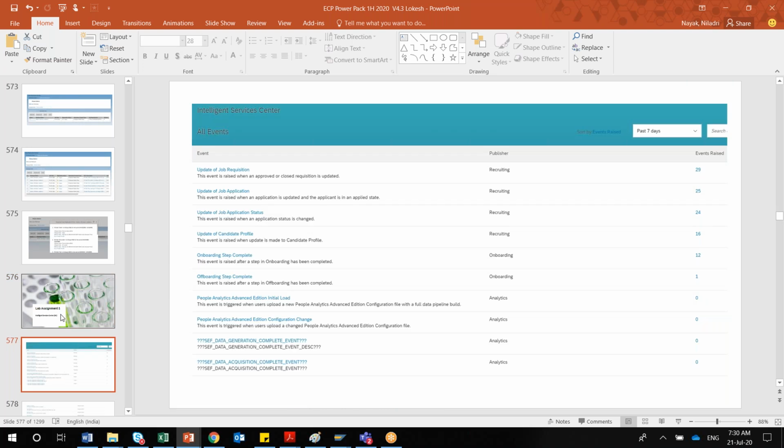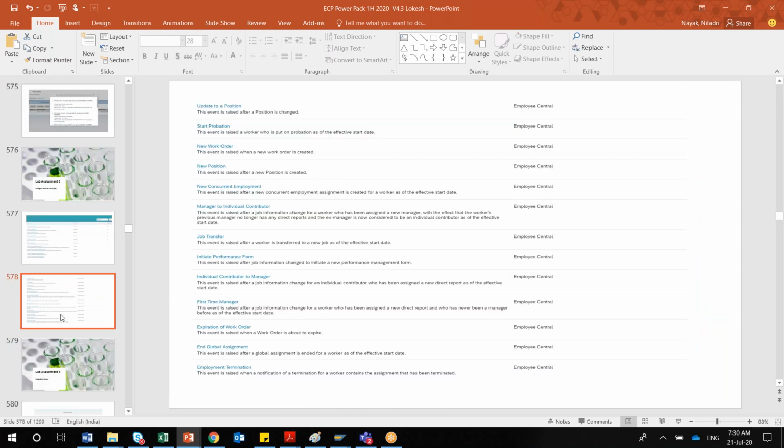So this is the Intelligent Services Center. There are different options here. First, as I was explaining, the first time manager. Another very common scenario is the global assignment. Suppose you are going on a global assignment to another country, for 6 or 8 months. For that period, you will be paid as per the host country.